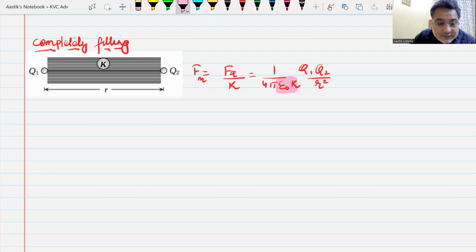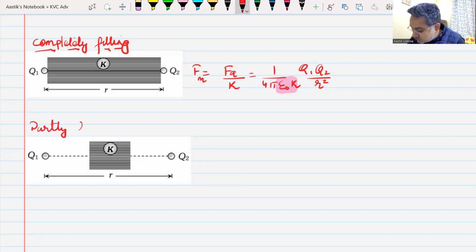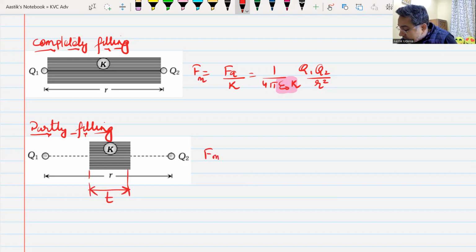But sometimes, and I have seen one particular question, you never know what can come. Sometimes we might have a condition of this nature where it is not completely filling but partly filling. When it is filling only up till a distance of t, and the rest part is vacuum or air, in this case, the force between the particles will be given by this formula,